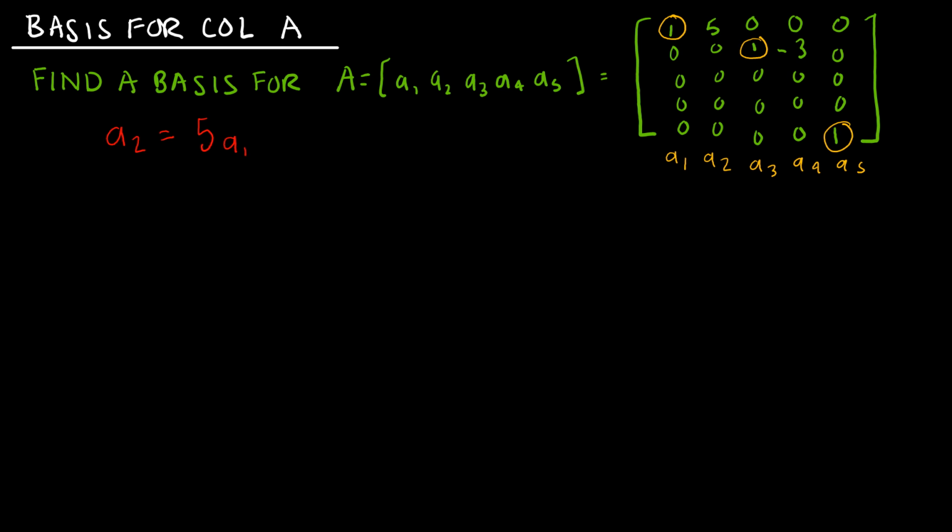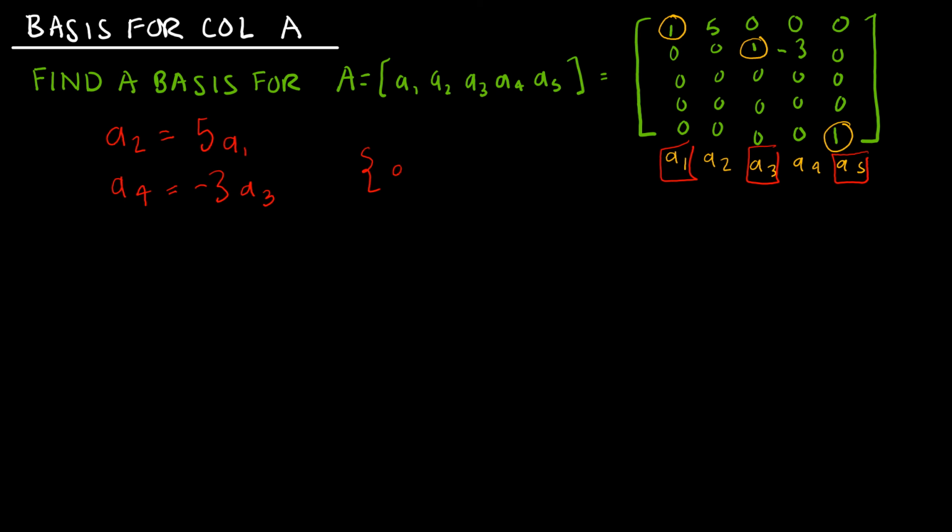I don't need it, is essentially what I'm saying. A3 is a pivot, so pivot, pivot. A4, however, is not a pivot column, so A4 can be written as -3 times A3, and then A5 does contain a pivot. So the spanning set theorem tells me that I can discard A2 and A4,